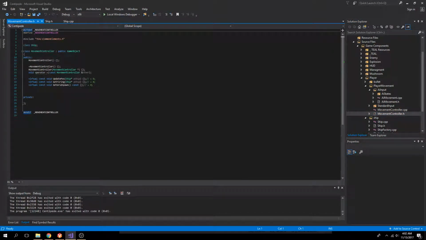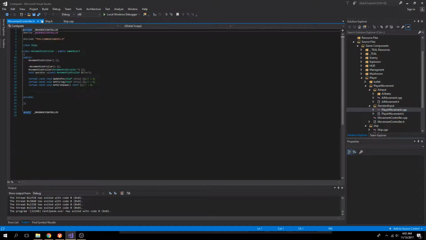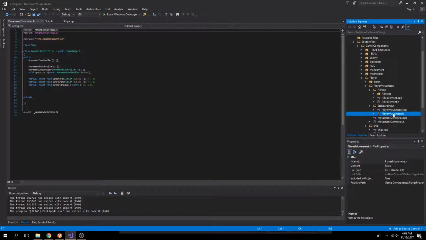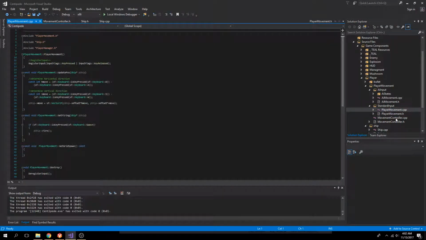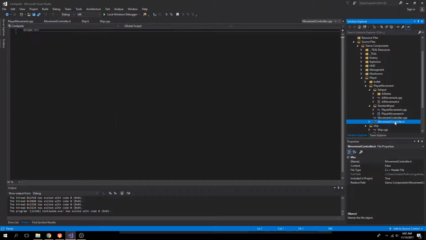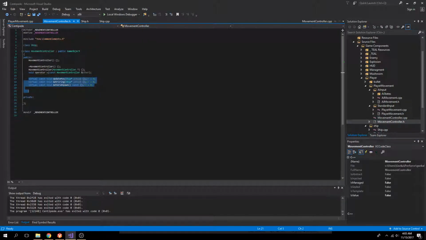a base class, which derives two methods for getting input. One being human input from a human player and input from an AI. So what these effectively do is they take the virtual methods of the movement controller, they override them, and then